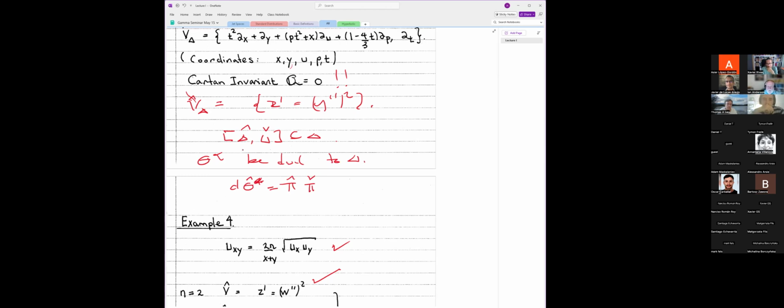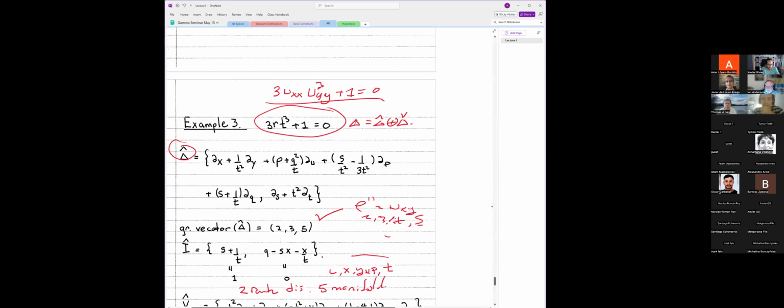So let's try and get some room here. We have our distribution delta. We have the dual distribution, this, and I'm going to write these as forms theta hat and theta check. And I'm going to want structure equations. There'll actually be three parts. Basically, I'm going to have some forms that are going to look like this, mod